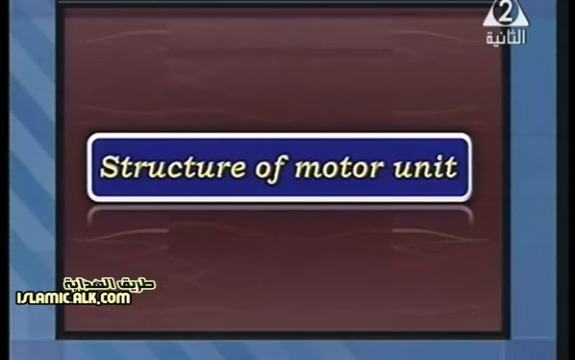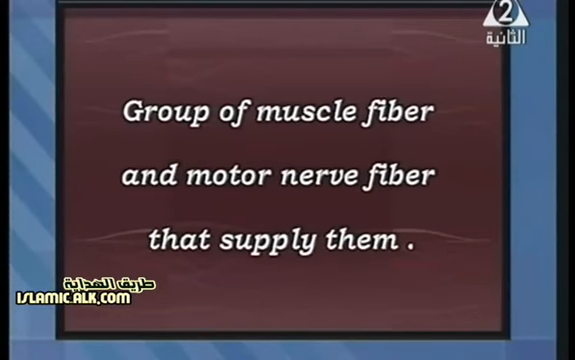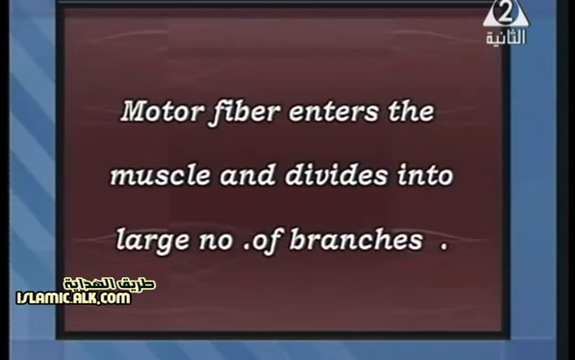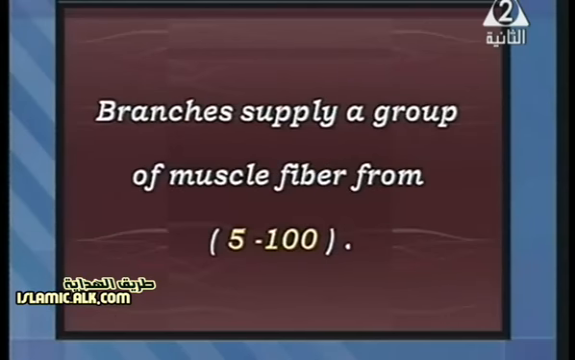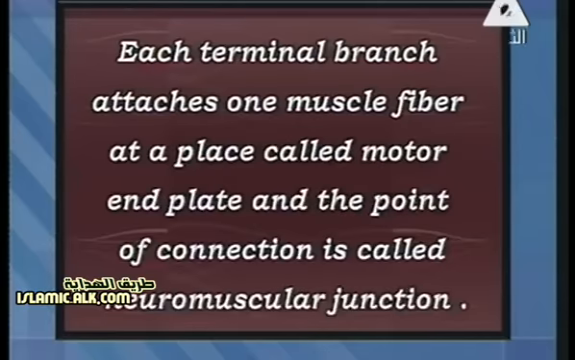The structure of the motor unit is a group of muscle fibers and the motor nerve fiber that supplies them. The motor fiber enters the muscle and divides into a large number of branches, and each branch supplies a group of muscle fibers, from 5 to 100. Each terminal branch attaches to one muscle fiber at a place called the motor end plate, and the point of connection is